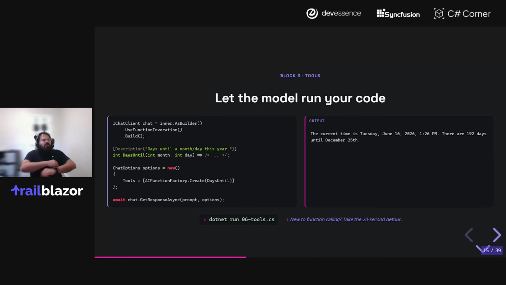The other thing that I talked about is that the models themselves can't take action. And again, that's one of the things we provide with the Extensions AI set of primitives. What you're going to see here is, in this case, a chat client. Using the builder pattern, I use middleware, in this case the function invocation middleware. Given a C# method that just returns the days until whatever date you specify,